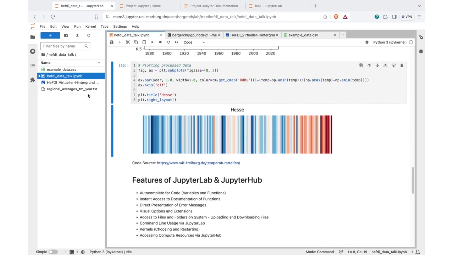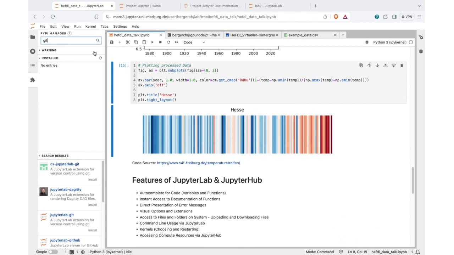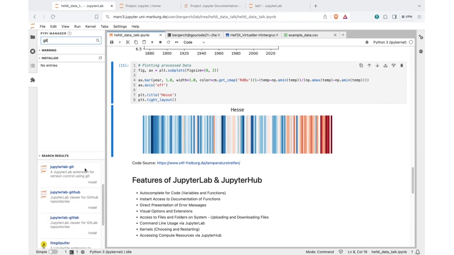I wanted to show you also extensions. Extensions is this puzzle piece here. There you can search for extensions. Let's, for example, search for something related to Git. And then you get your search results here at the bottom and can check whether you want to have it or not and click on install, or click just on the